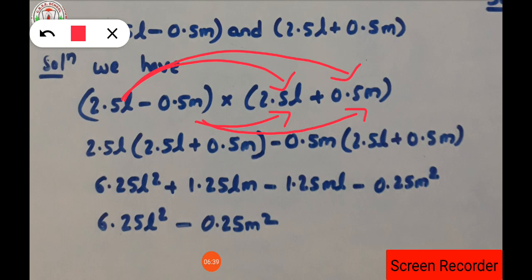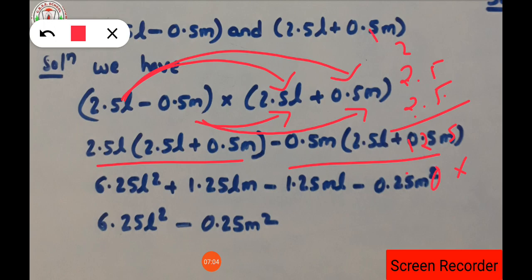Now since each number is going to be multiplied individually with the numbers present inside the bracket, isn't it? So 2.5 into 2.5. How much is 2.5 into 2.5? That is 6.25. How does it come? 5 5s are 25, isn't it? Then 10, 11, 12, into here 10, 1, 4, 5, isn't it? So it is 625, and the decimal is 2 digits, after 2 digits, so 6.25 will come. So in this way you have to get the multiplications, okay?